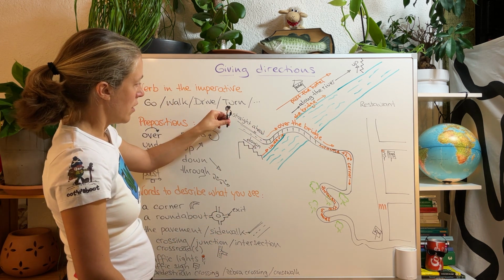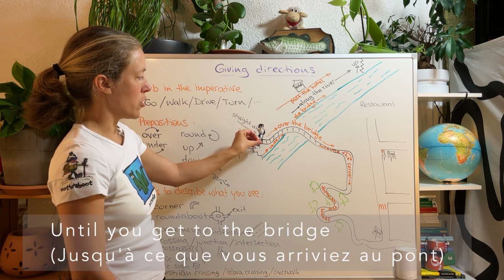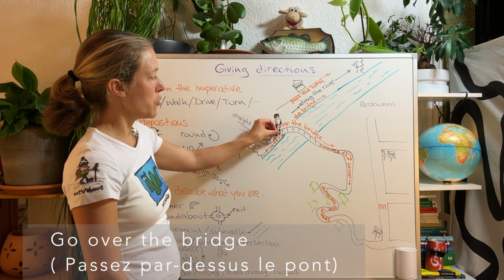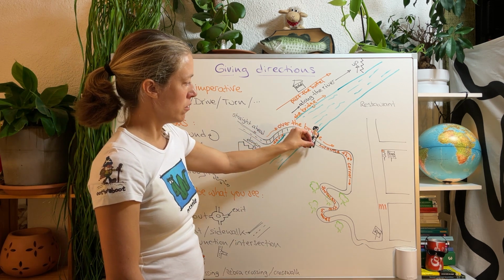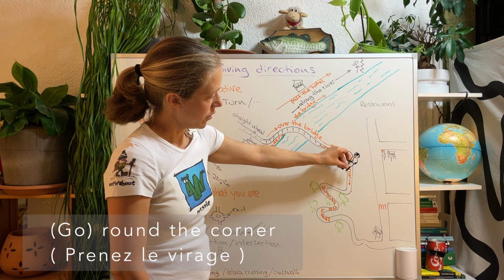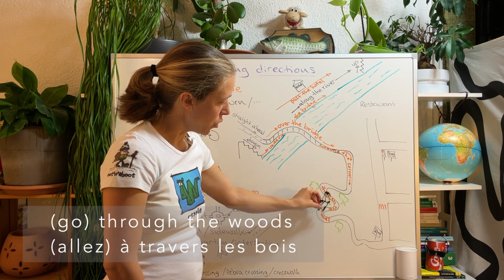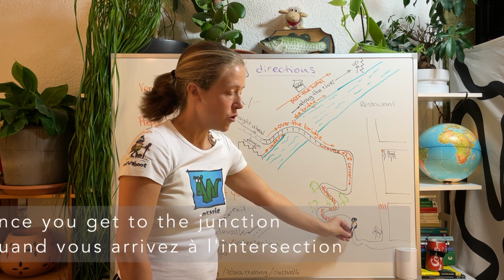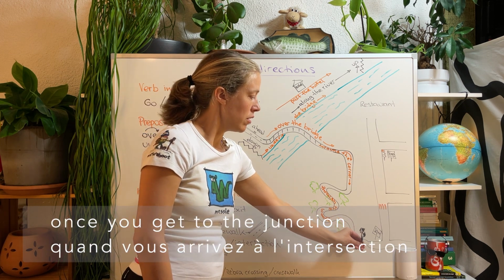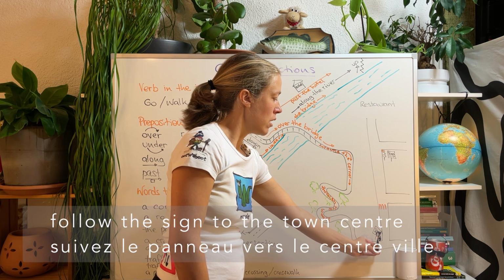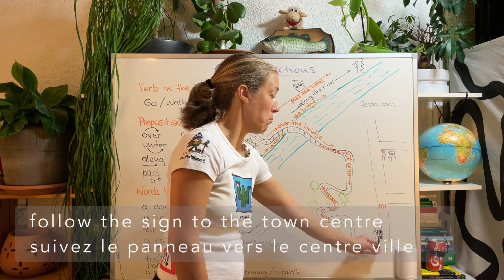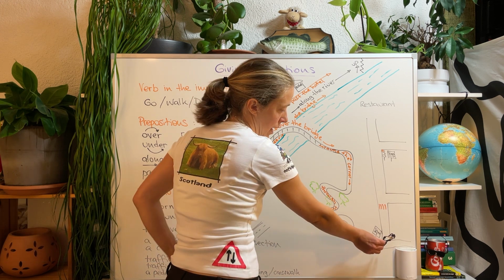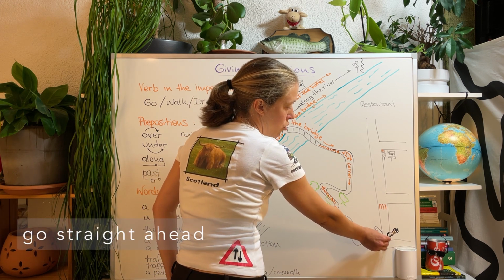Go straight ahead until you get to the bridge. Jusqu'à ce que vous arrivez au pont. Then go over the bridge. Round the corner. Through the woods. Once you get to the junction, follow the sign to the town center. So turn left. Then go straight ahead,